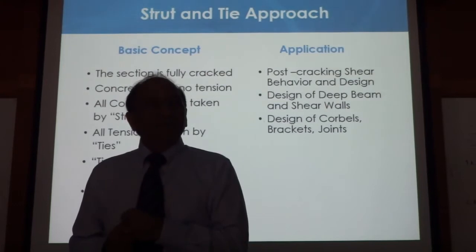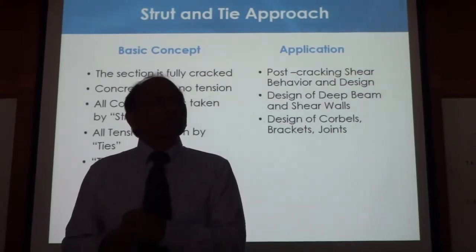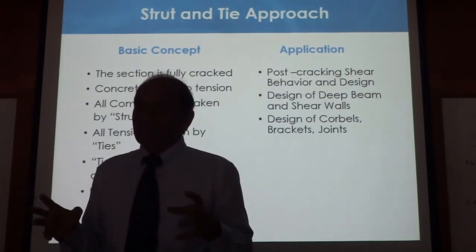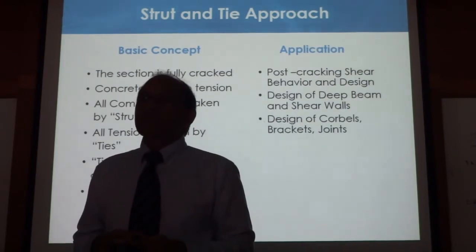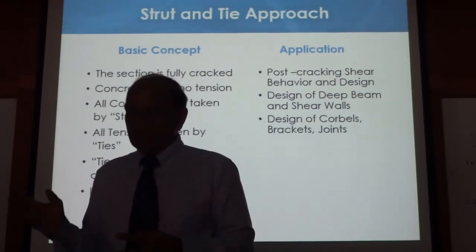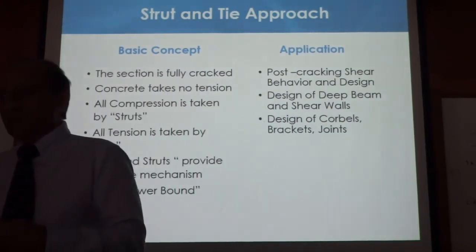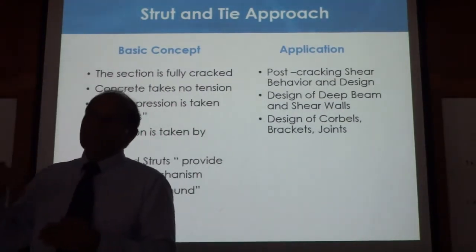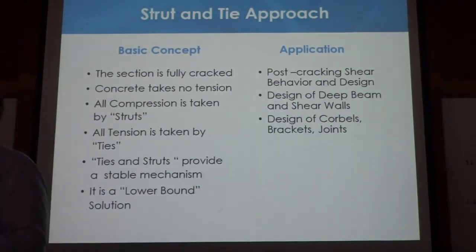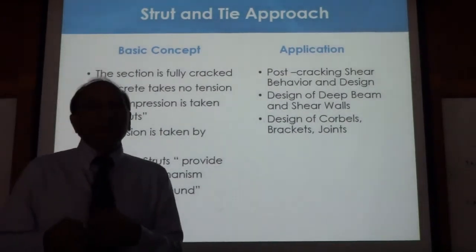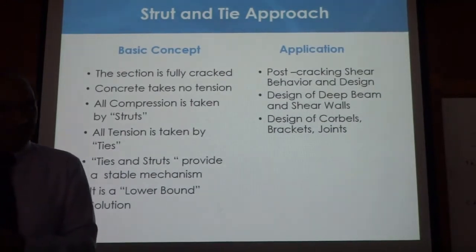For one thing, this is based on the assumption that the concrete is already cracked. So we do not know what is going on before cracking. So service level behavior cannot be determined from this mechanism. It is only good to calculate the final capacity of the section for ultimate response, but it does not help us to say anything about the deflections or anything about the pre-cracking or vibration or crack control, because we are saying that the section is already cracked, correct?